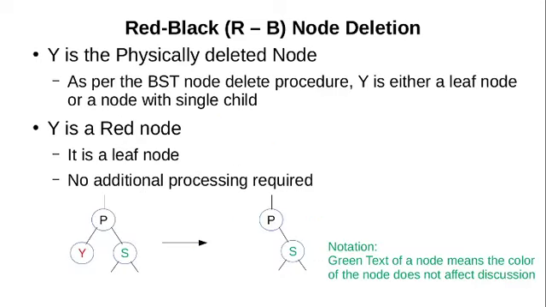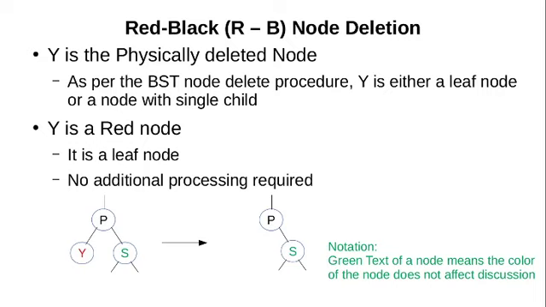Before we start discussion about various cases of node deletion in a red-black tree, let's define a few notations. Every circle represents a node, and the color of a node is the same as its text color. Hence, the color of text is generally either red or black. During discussion of a few cases, the color of a given node is immaterial or not relevant. Such nodes are colored green. Other notations will be introduced as and when required.